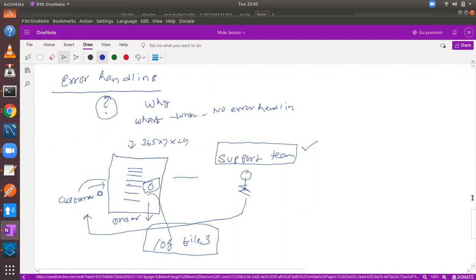If you write the error information to the log file, then the support team can see the log file and easily troubleshoot, figure out the error, and fix the issue. They can get a clue why the order is not processed or what the reason behind the failure is.